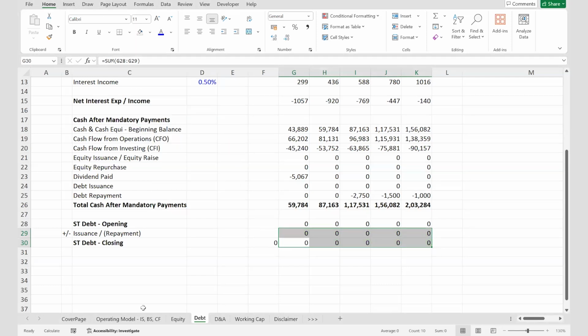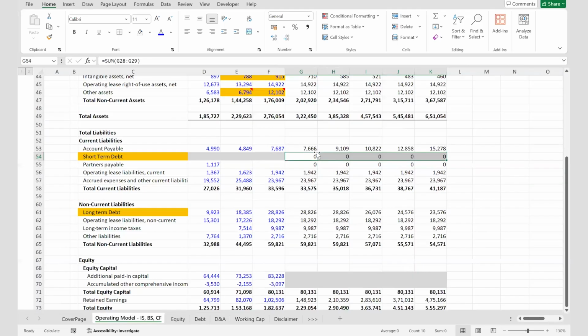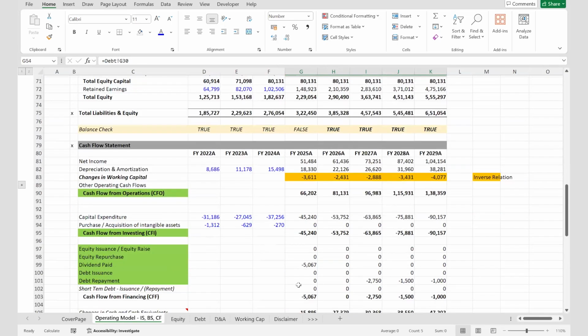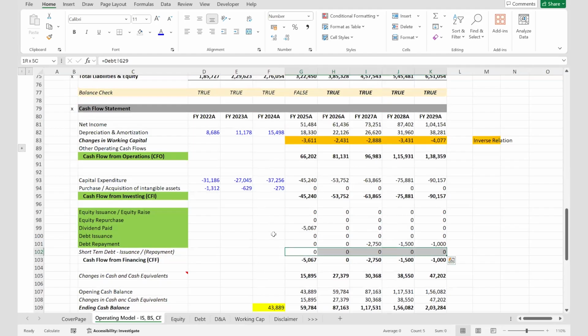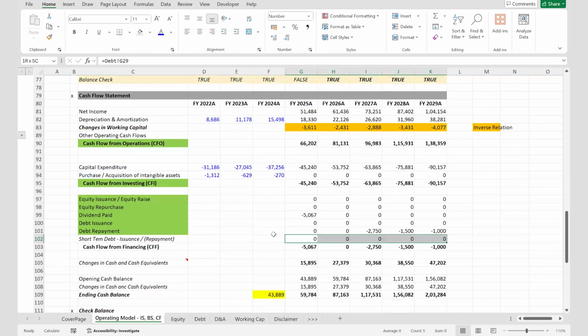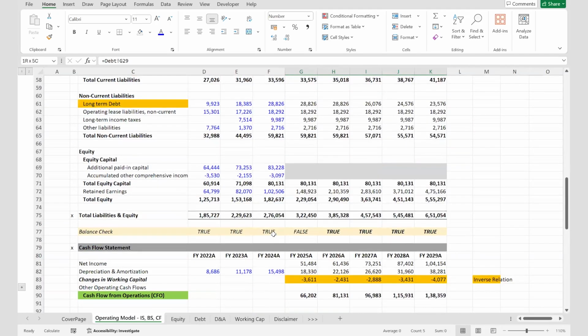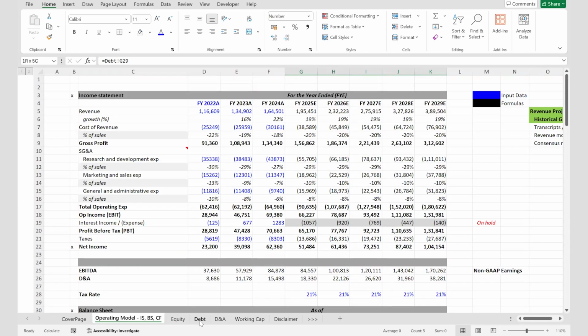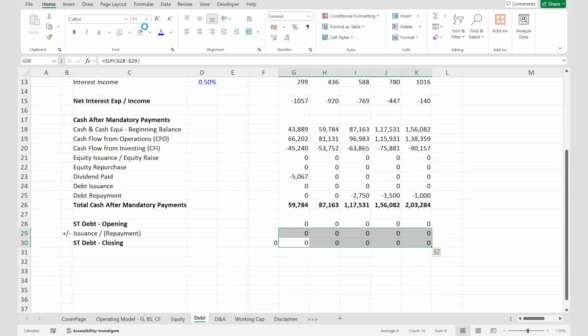Now this model is completed because we have now successfully done the short-term debt also, which was left. And this was left, this is also completed. So there's nothing which is left in this model. If you look at it one by one, everything is completed. Now we can do the testing of this model to some extent. So what I'll do is